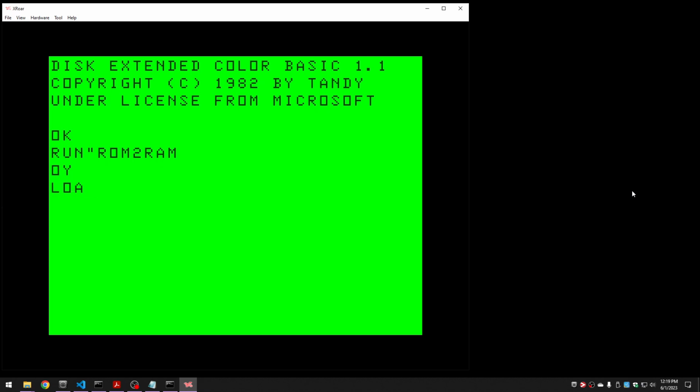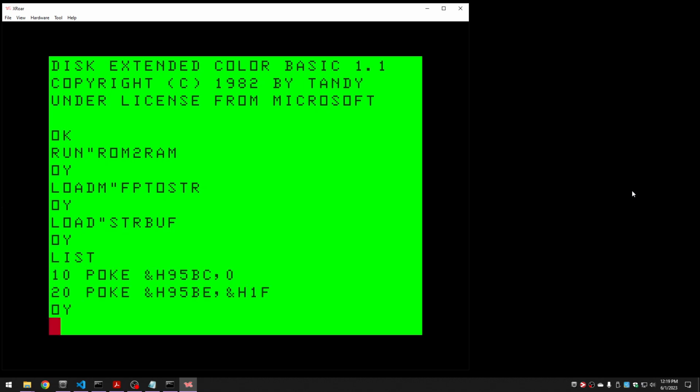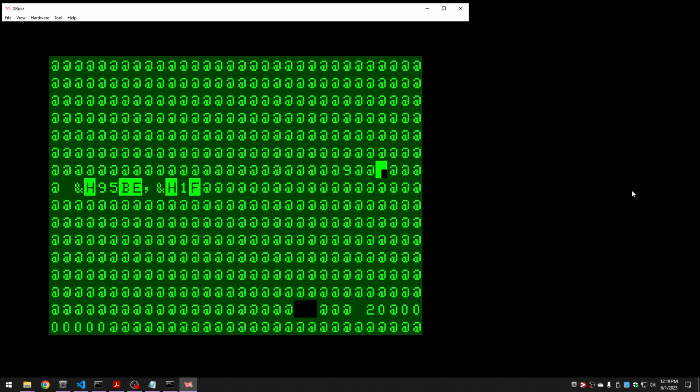And then we're going to load our conversion program while I can still see the screen. And then I'm going to do the pokes, which I stored away in a basic program. Those are the pokes. Run the pokes. Now we're looking, string buffer starts right around here. And let's exec, exec. Oh, you can even see the line buffer there. Boom. So it's done the conversion, and here we are in the string buffer looking at 10,